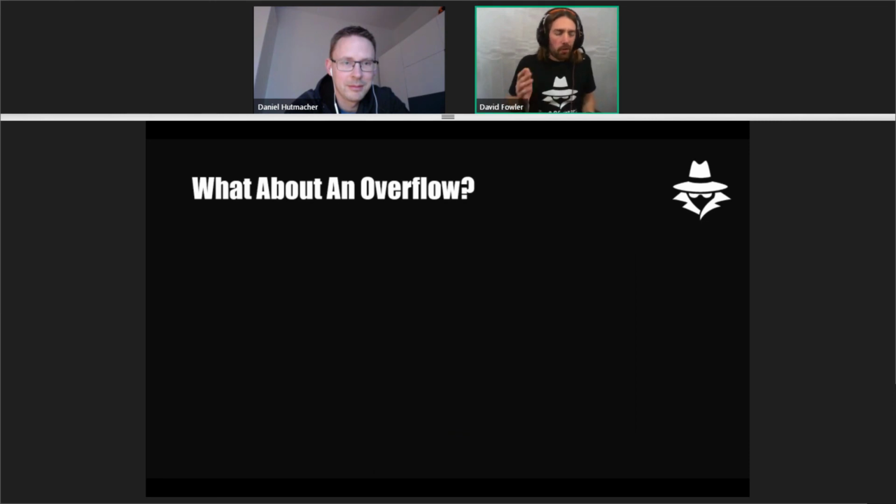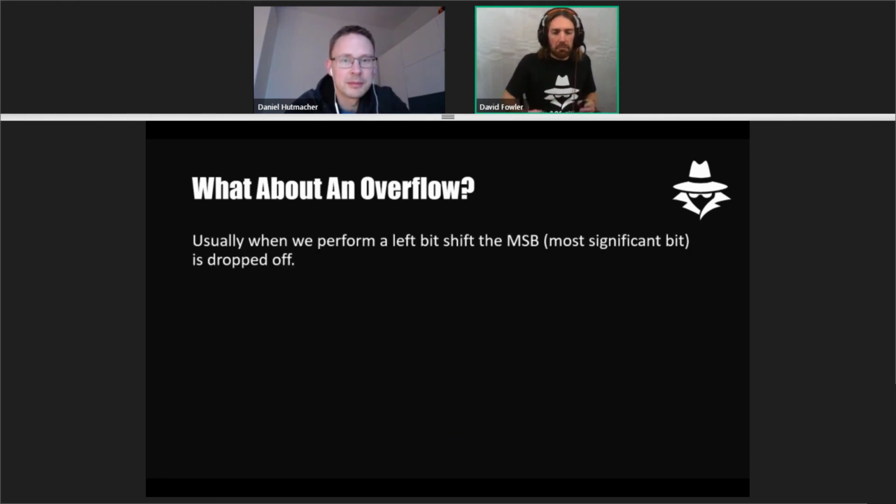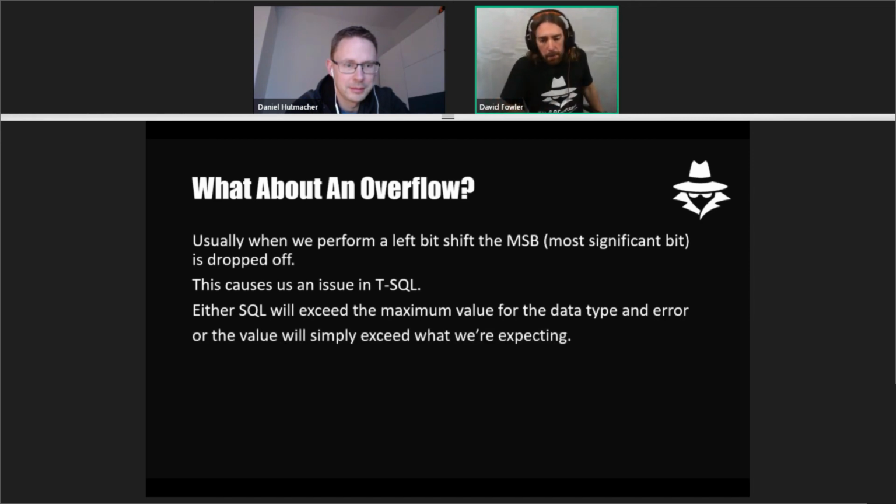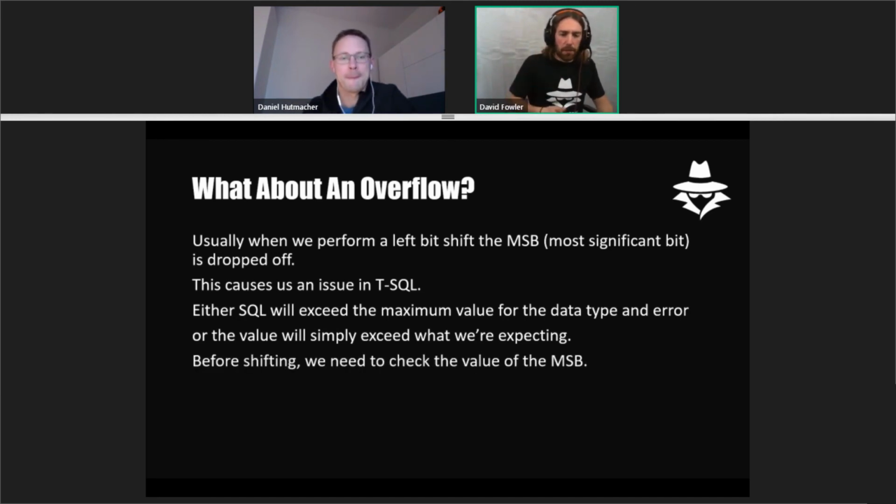What about an overflow? Well, remember what I said. With a bit shift, the most significant bit is usually dropped off. If we try doing this in SQL, it's going to cause us an issue. Either SQL is going to exceed the maximum value of the data type we're using and chuck us out an error, or the value is going to simply exceed what we're expecting it to be. So what can we do? How can we check for an overflow? Well, first thing we need to do is check the value of the most significant bit.